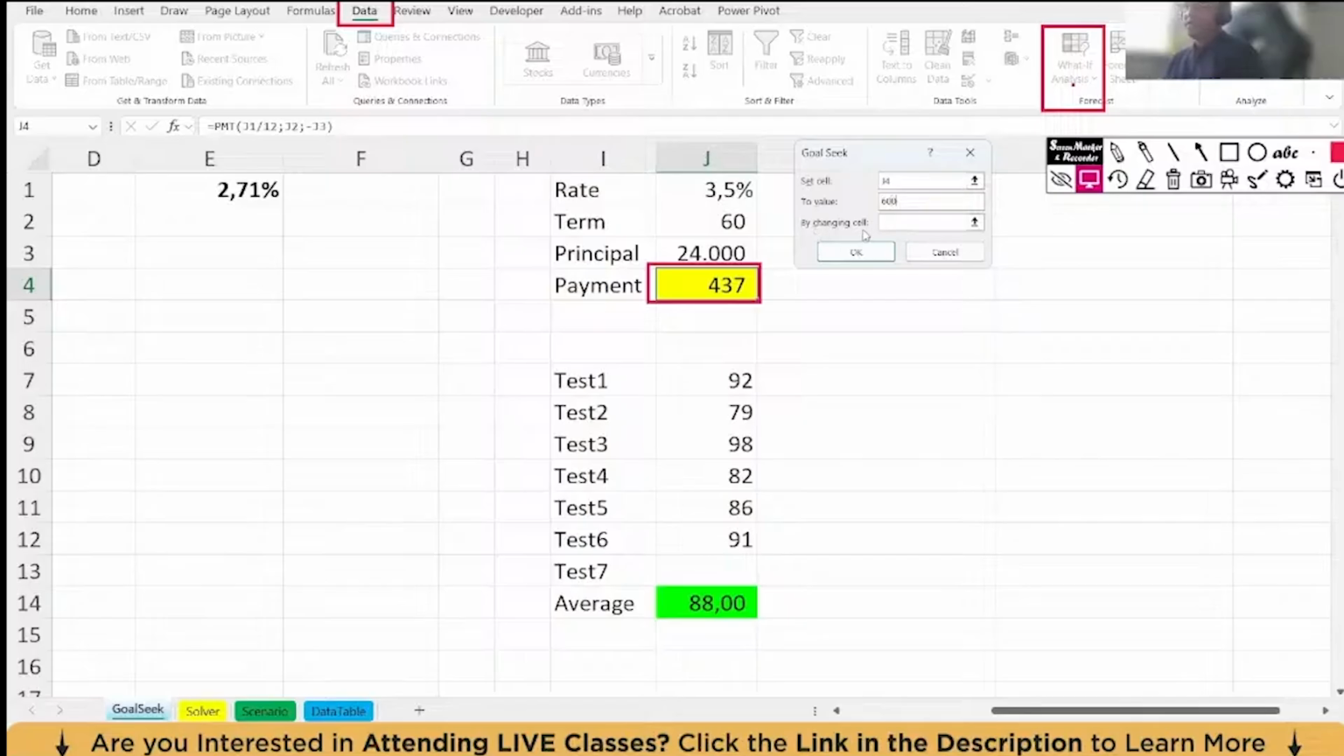Now it says by changing cell. Which cell do you want to change? You want to change this term period. You want to know what my term period will be if I'm paying 600 euros every month. So in the by changing cell, you click inside it, and now you select this cell